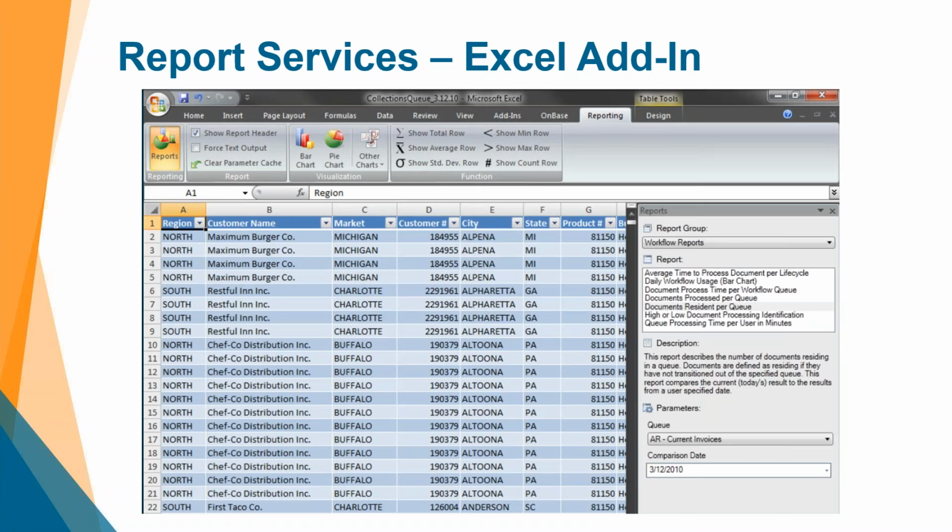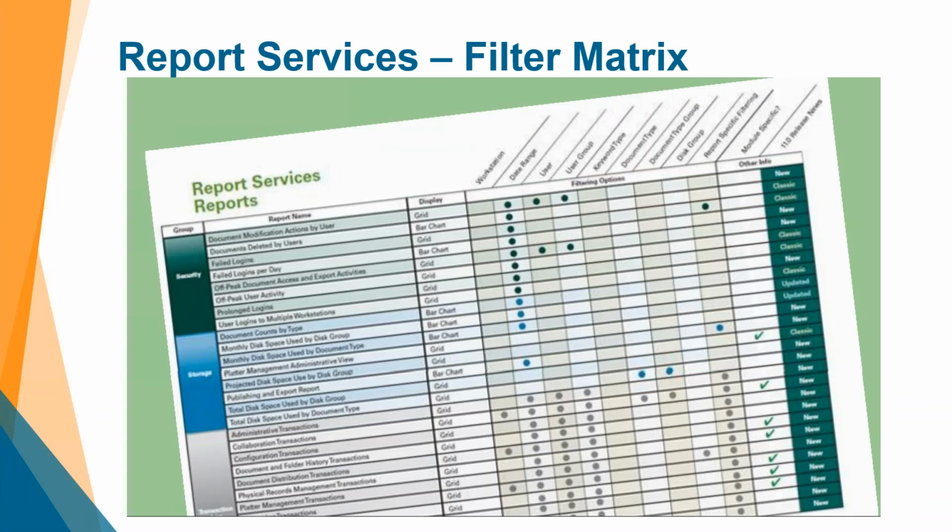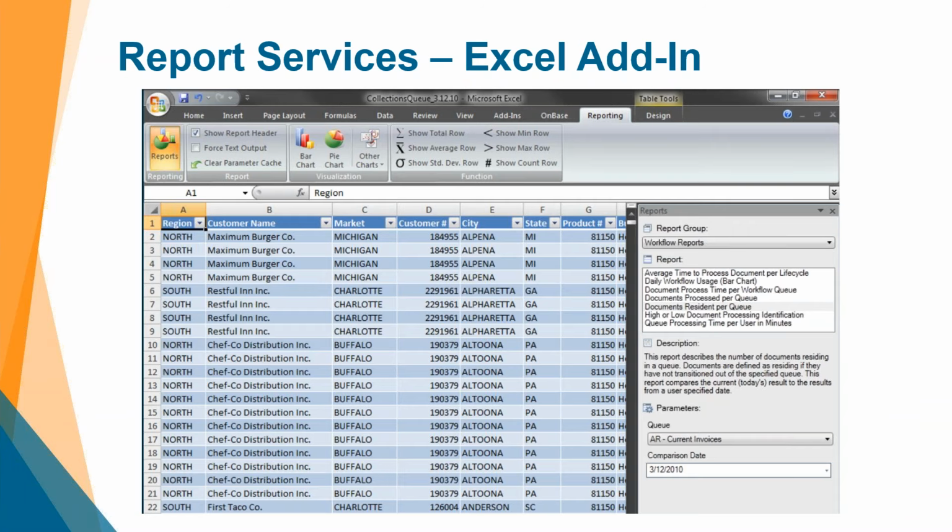And here's just an example. Over here on the right-hand side, there's the pane that is basically a different report group, workflow reports being one of the report groups. And then these are all the reports within it: average time to process a document, daily workflow usage. And you can see on the bottom that you can enter parameters to give you the information that is most helpful for what you're trying to solve or assess,